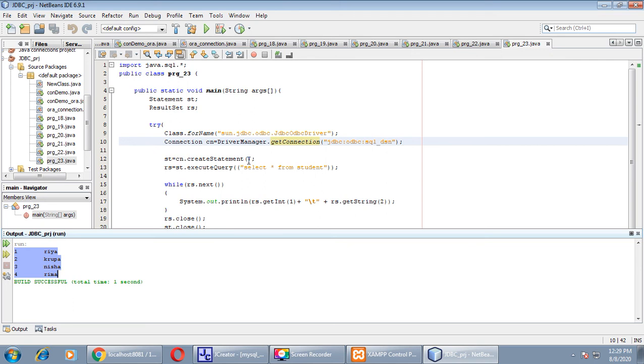The major difference is only the creation of DSN, nothing else. Otherwise everything will remain the same for Access, Oracle or MySQL, right? Even for any other type of database, the code will remain the same. So keep these things in your mind and keep your journals up to date up to program number 23.